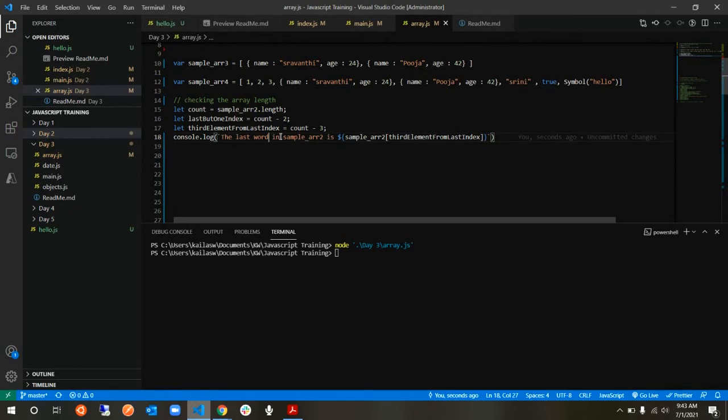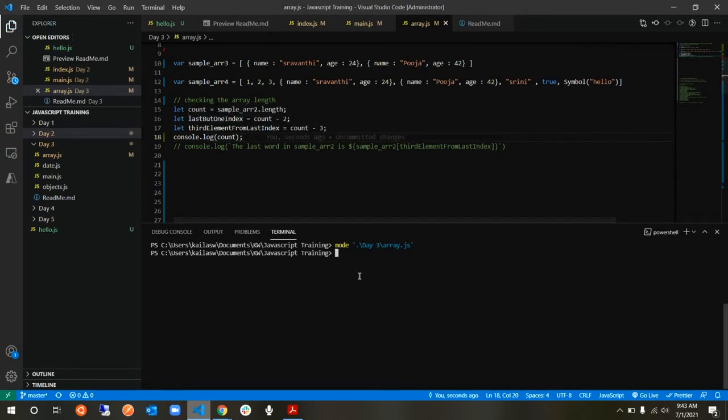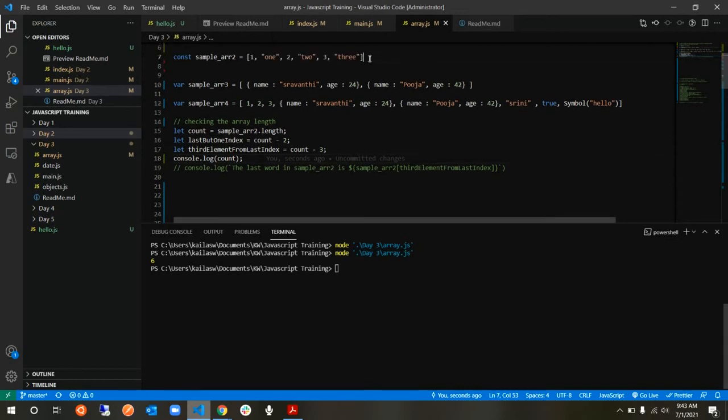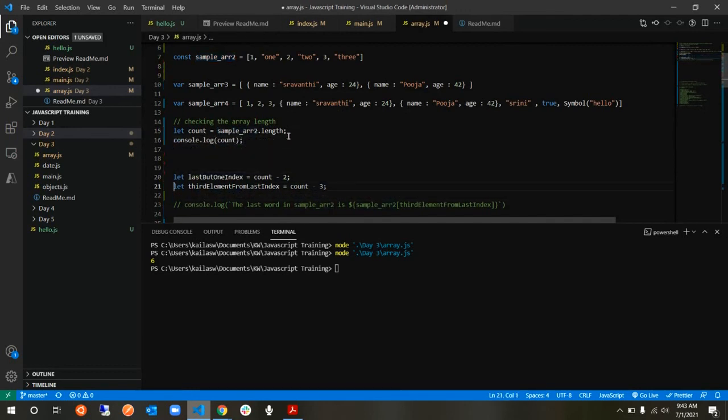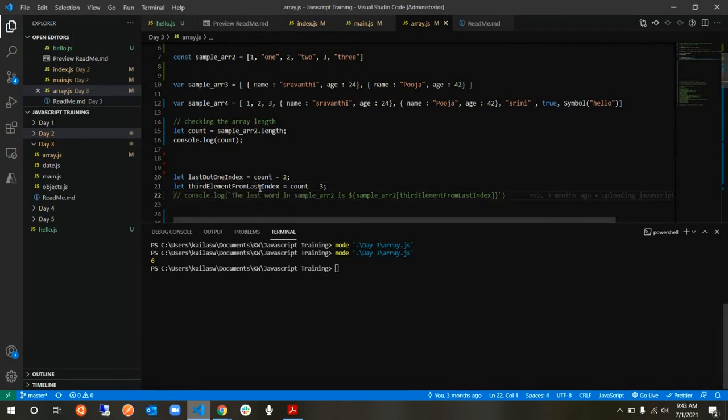So I'm going to write a console.log statement, and I'm going to print count here, because that's what I want. I'm checking count here, right? So you see that count is giving us 6. So for what? For this one. How many elements do we have? 1, 2, 3, 4, 5, and 6. And the moment you add sample array dot length and print it here, let's put it here for simplicity's sake, you're getting the proper array length, correct?